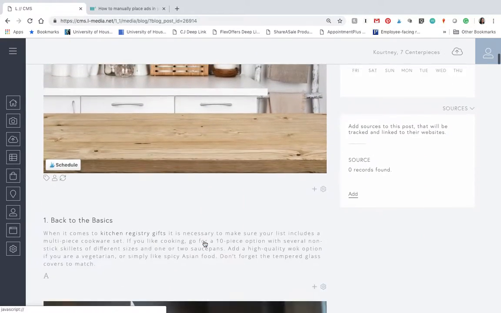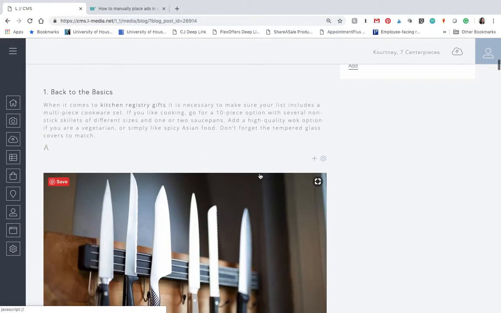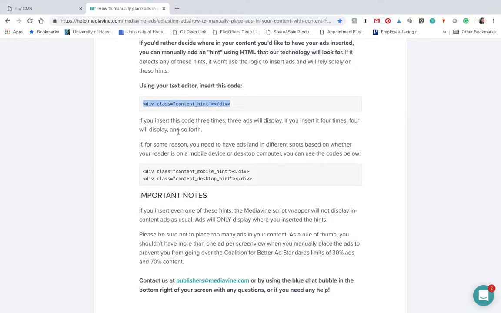So then you'll move on to the next photograph and do the same thing. But on this photograph, you're going to input the second HTML code. So you go back to the codes that are provided for you, copy the second one,